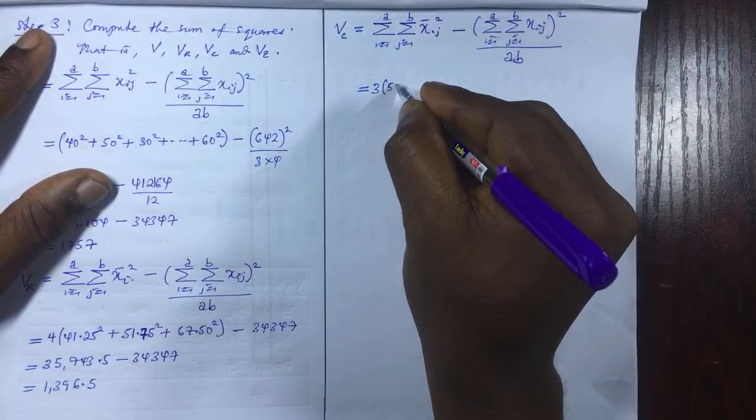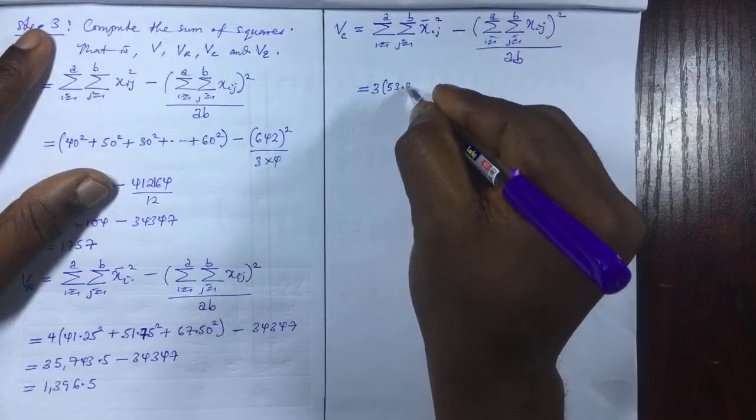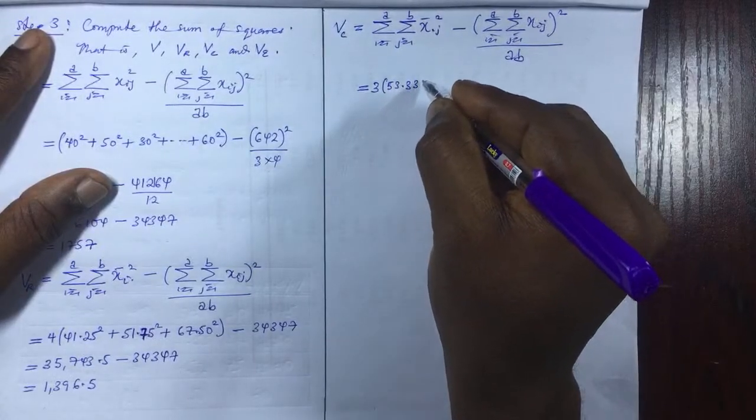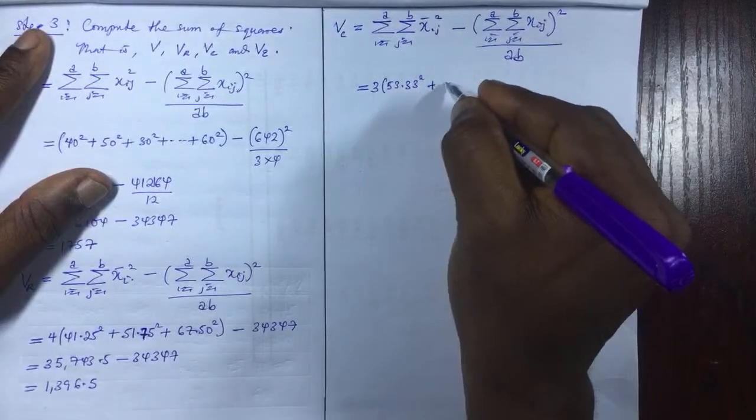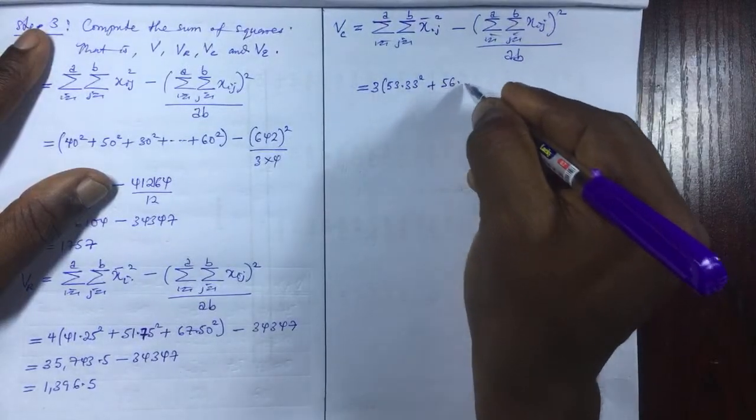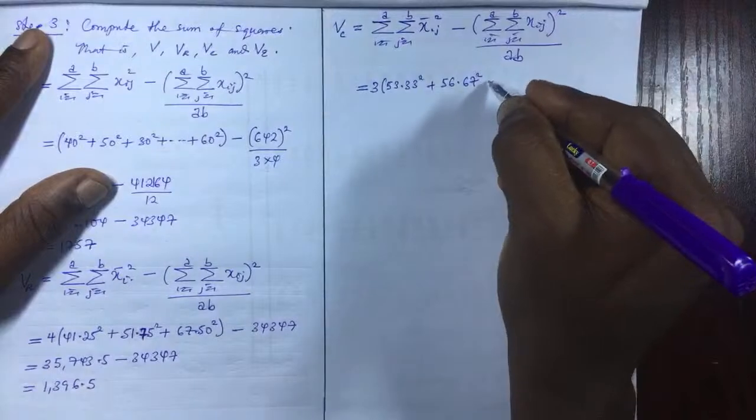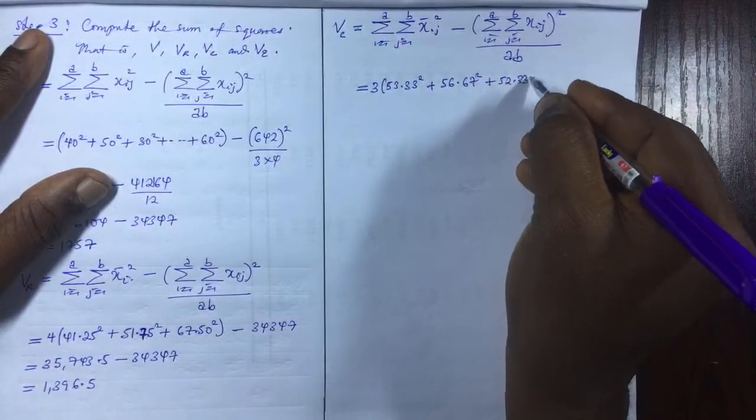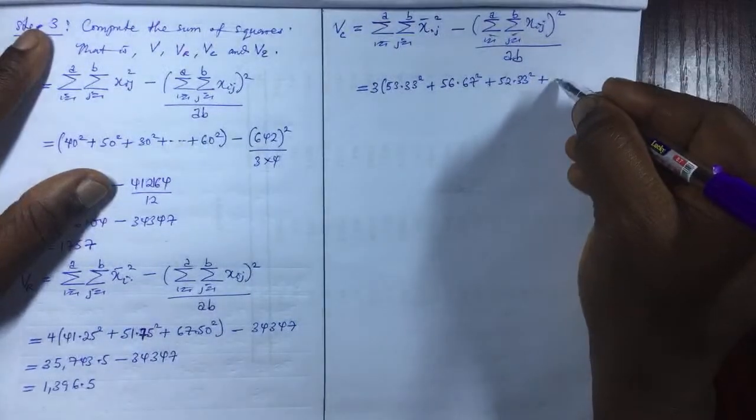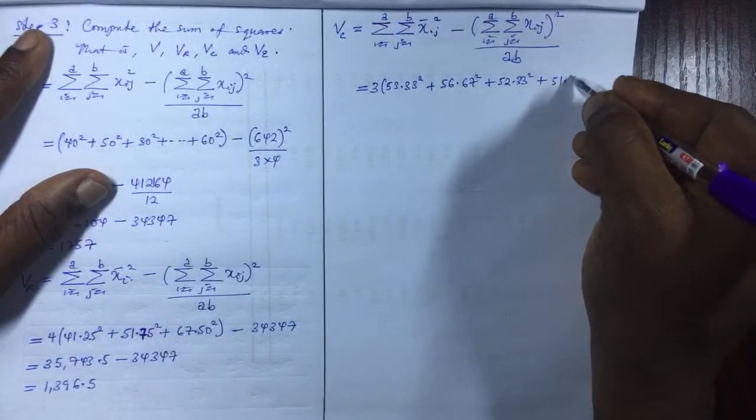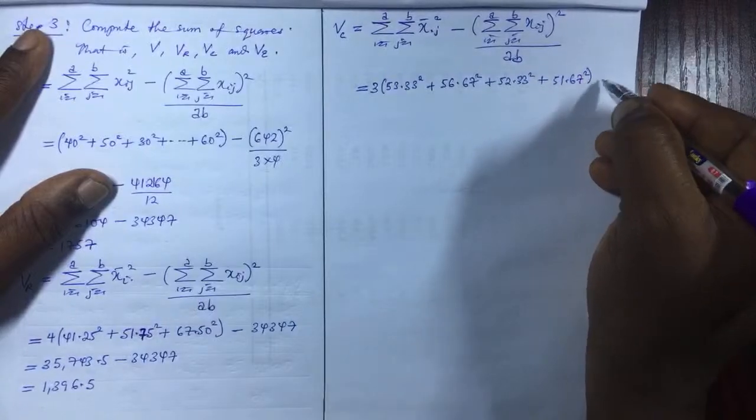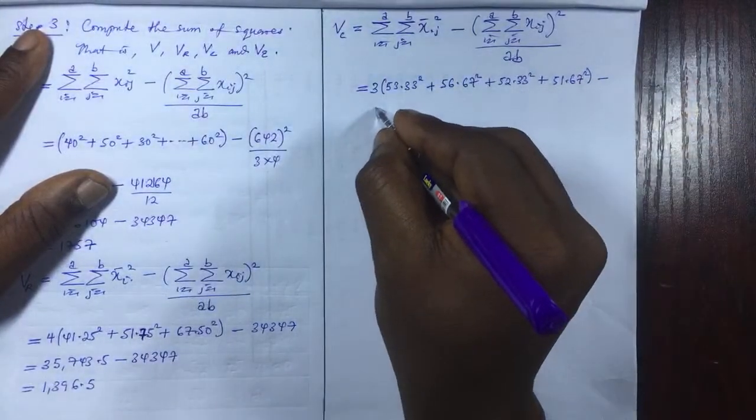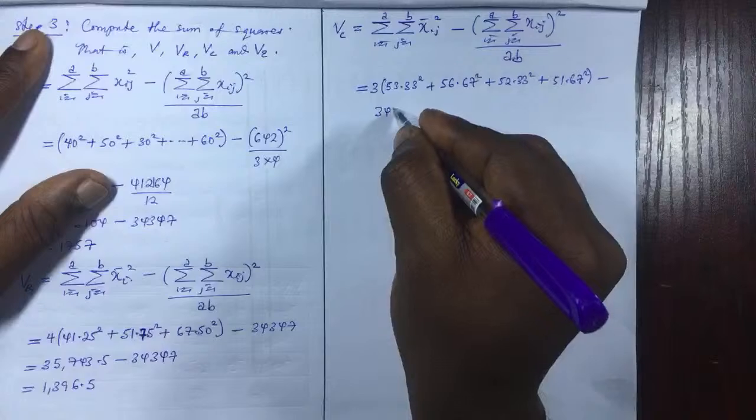The mean of block 1 for crop 1 is 553.33, all squared. So I'm going to take the square of each mean. For the second block, I'm going to square the mean. For the third block, I'm going to square the mean. For the fourth block, I'm going to square the mean. So I have 4 blocks, and I've taken their means all squared, and I'm going to subtract the correction factor